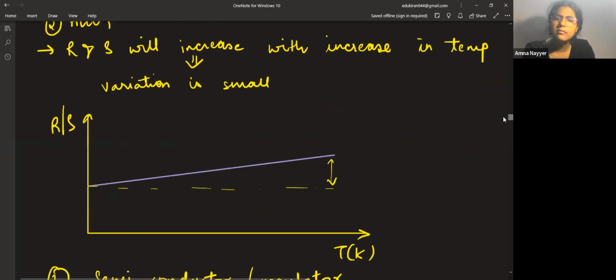See, same thing, both resistance and resistivity will increase with time and temperature. So here the inclination is not much. When you are plotting the graph, be careful with this part, that the inclination difference should be there in your graphs. This question can come in your exam to plot the graphs.